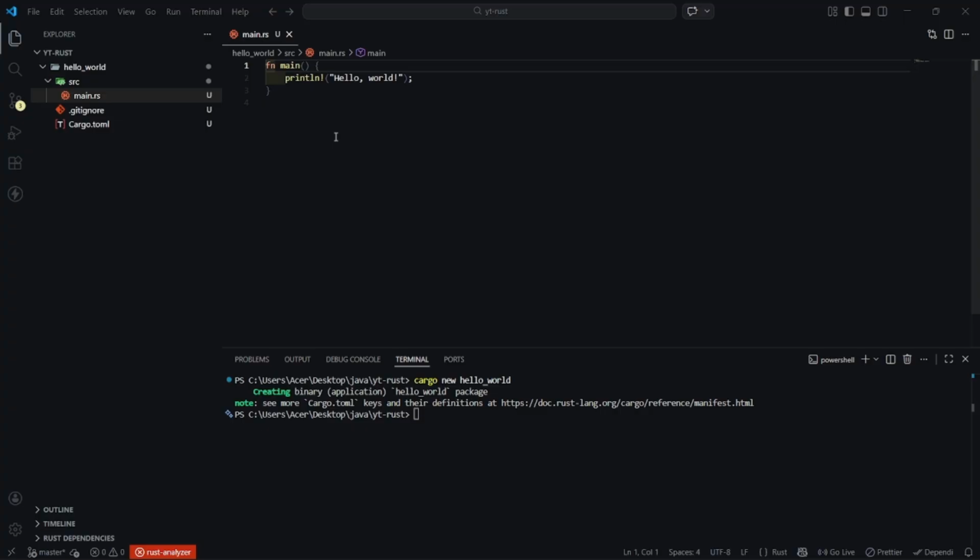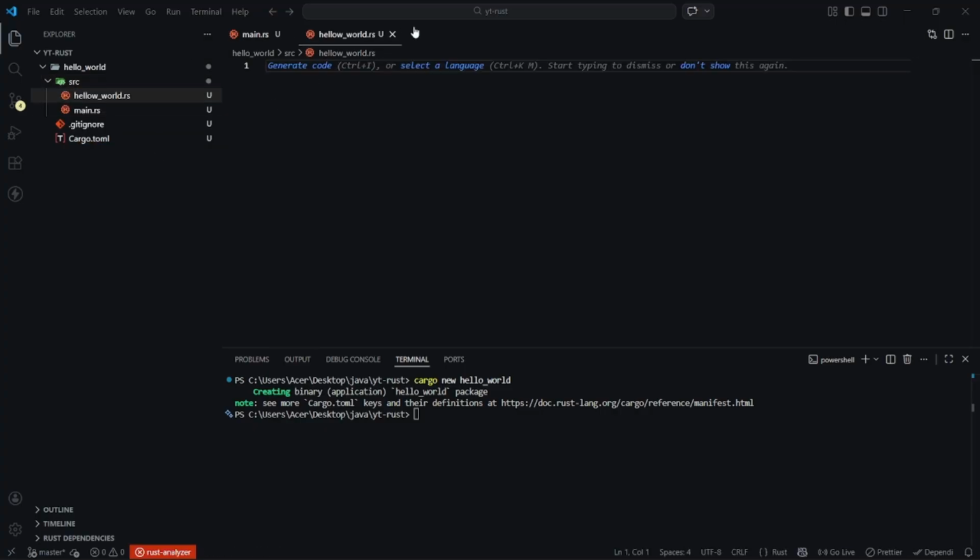Our main file is main.rs. Whenever cargo new creates a new project, it generates a file known as the main file. It is the main entry of my program. Suppose I write any other file here, let's say hello_world.rs. RS is the extension for Rust. If I am going to write some function to display something, if you don't know what a function is, I'll tell you, and write